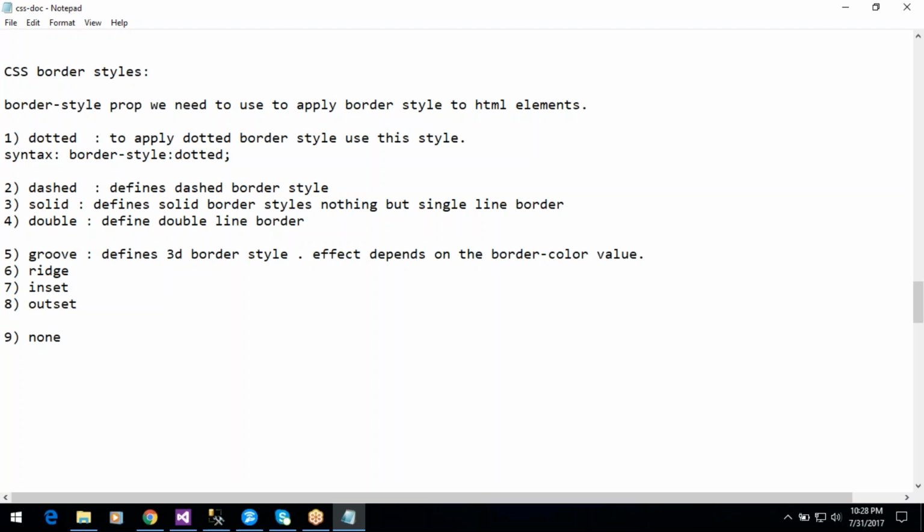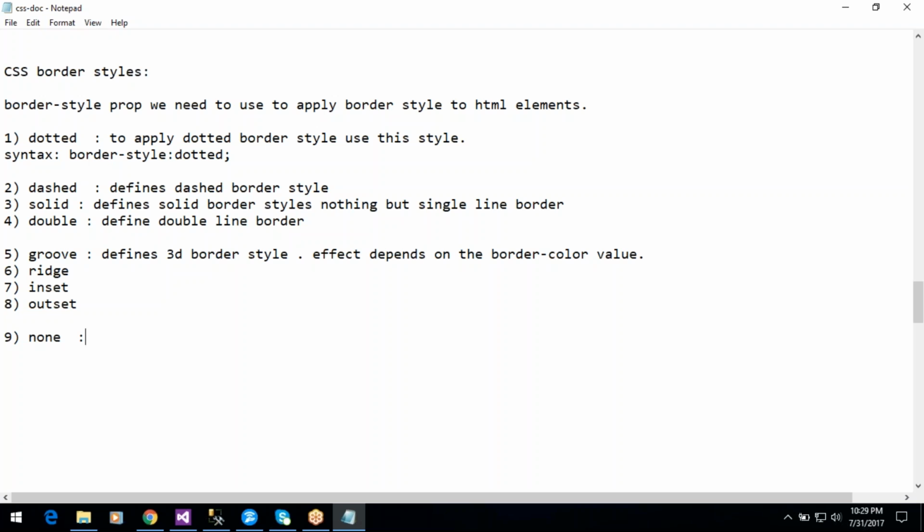Okay, and ridge and groove are also the same, and inset and outset also the same. Inset also defines a 3D border, and the effect depends on the border color value, and outset also the same, and